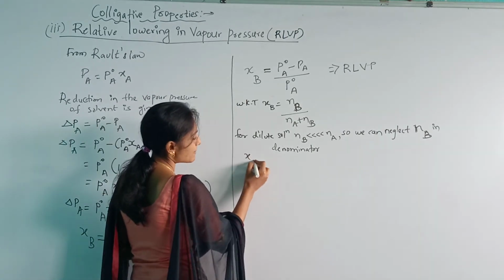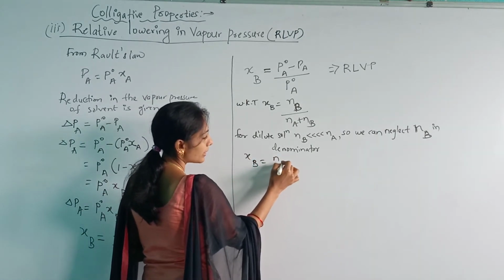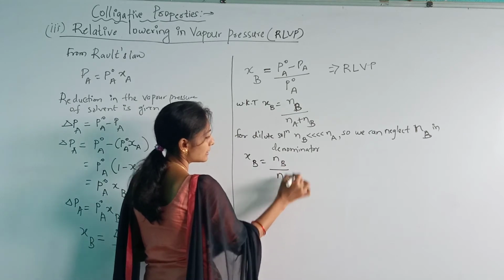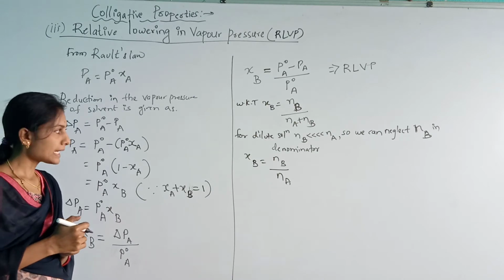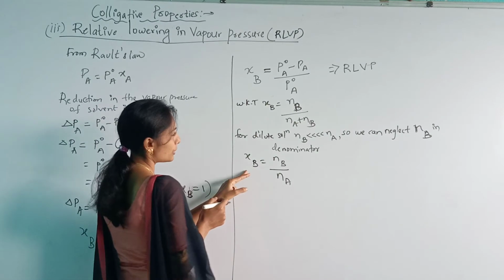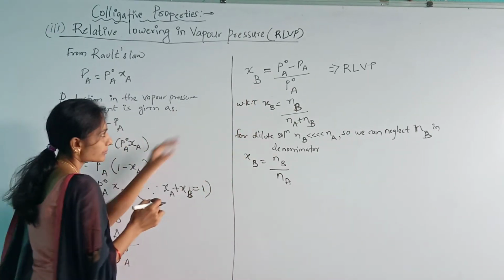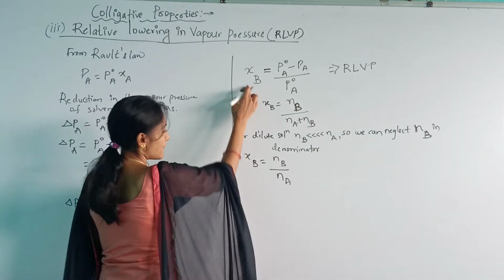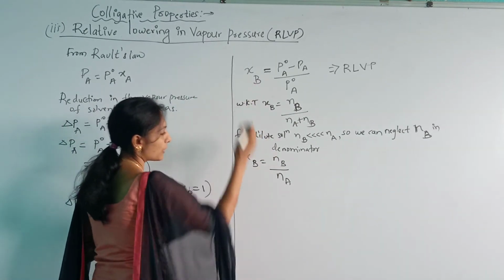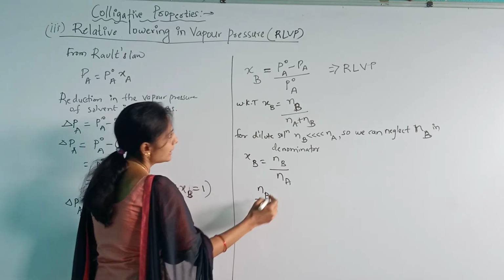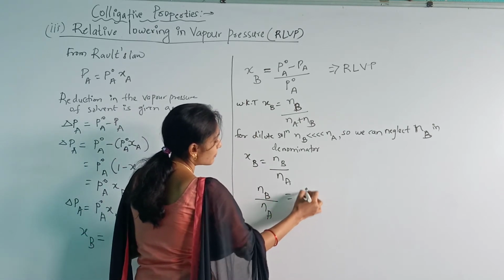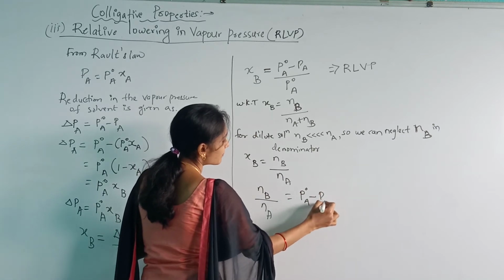So, can I write XB is equal to NB by NA. XB is equal to NB by NA. Now, what is XB? I am substituting the value of XB here. XB is equal to NB by NA. This is equal to P naught A minus PA